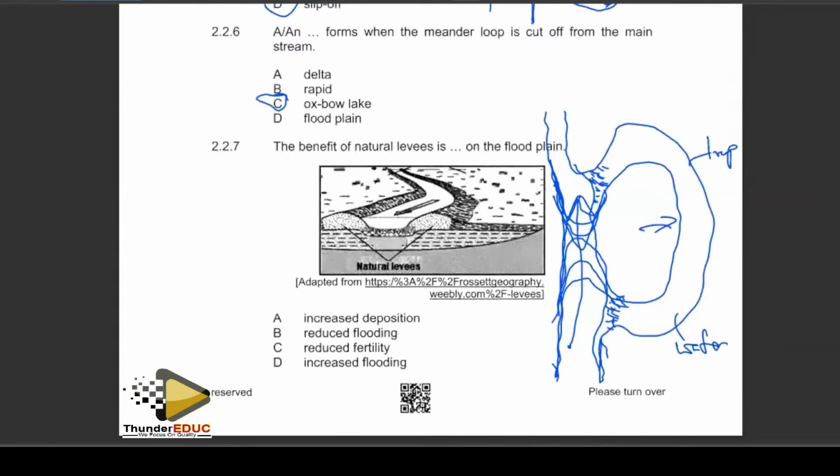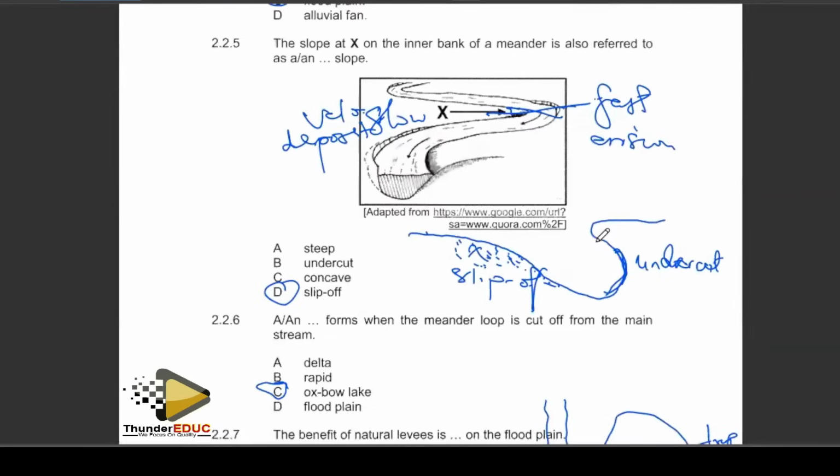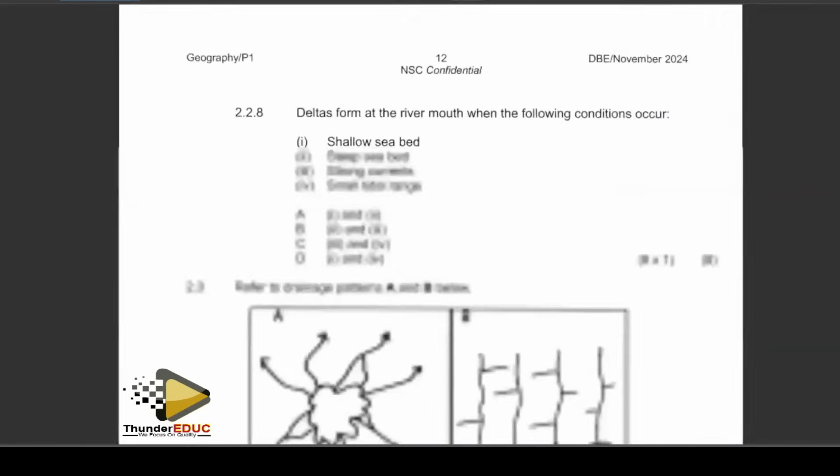Right, the benefit of natural levees is dash on the floodplain. Natural levees, these are the raised embankments on the sides of the river. How do they benefit the floodplain? They reduce flooding. Right, move on to the next question. The next question is talking about